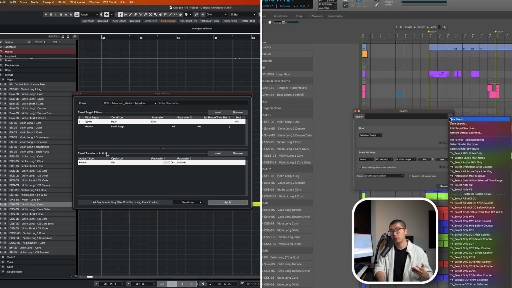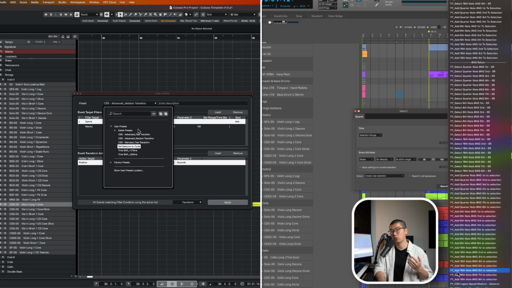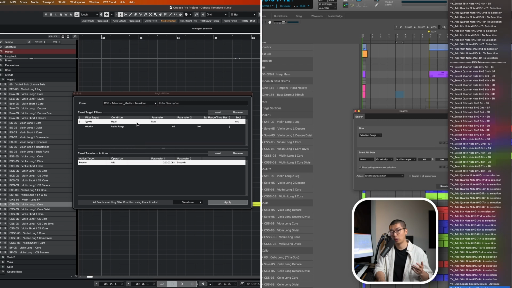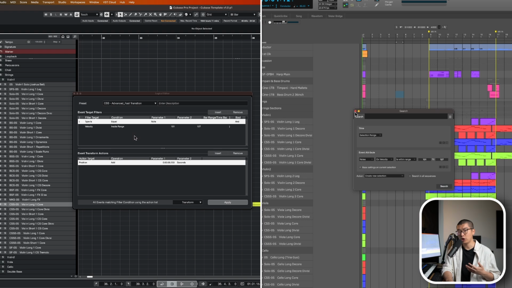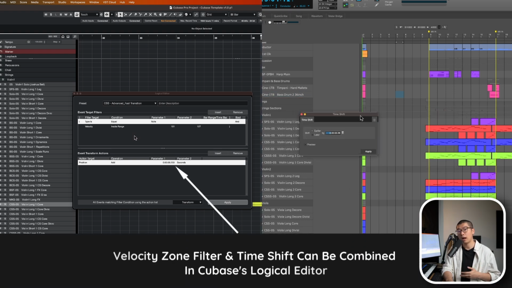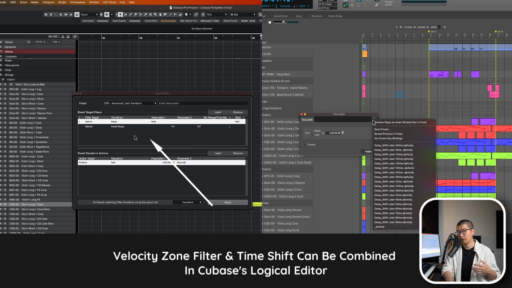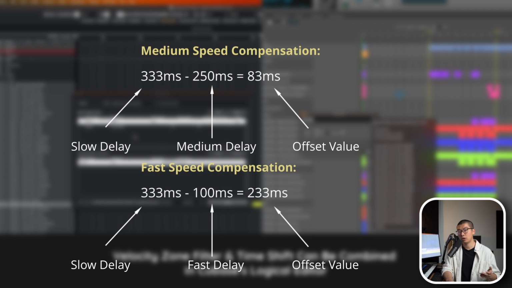Start by creating 2 velocity filter presets to highlight notes with velocity in the 65 to 100 range and 101 to 127 range. Next, measure the amount of overcompensation for each range. Then create presets that shift those notes later in time by the appropriate amount. With some quick calculation, we know that we need to shift medium speed transitions by 83 milliseconds and fast transitions